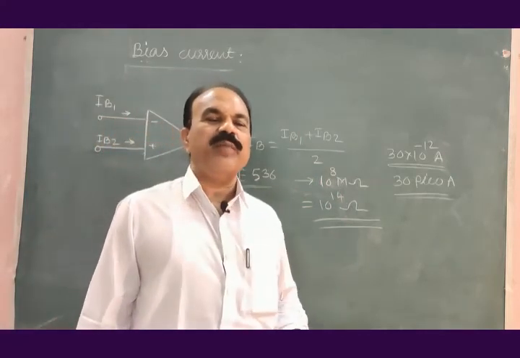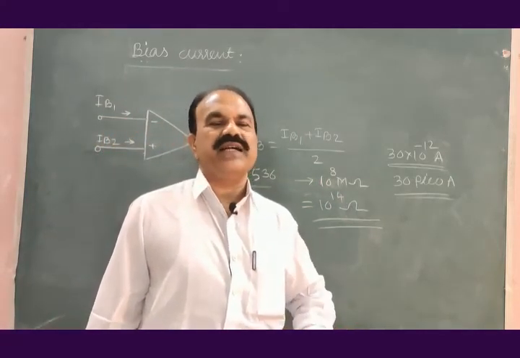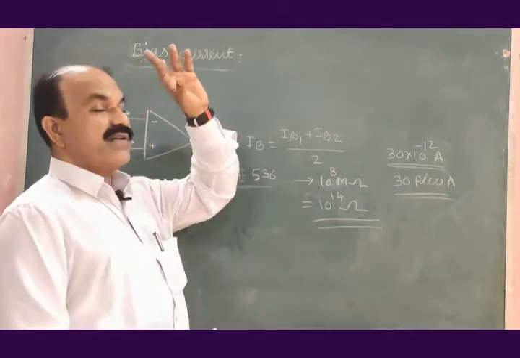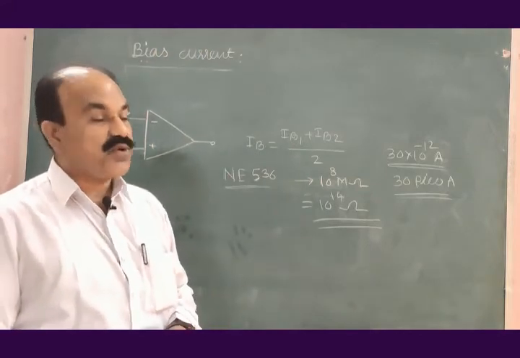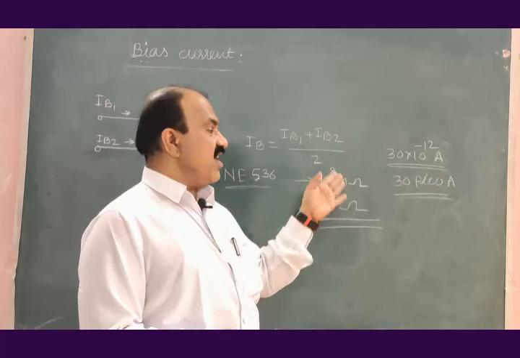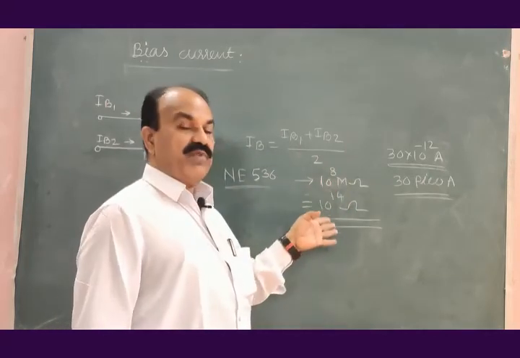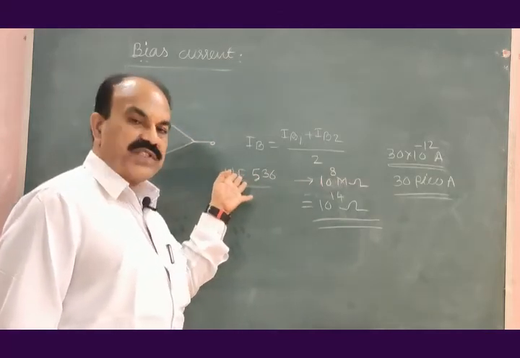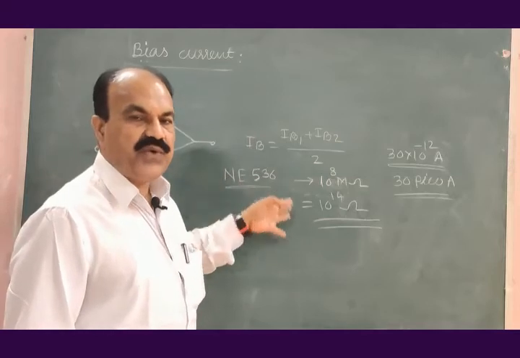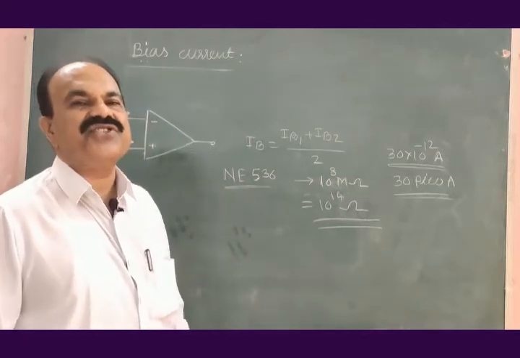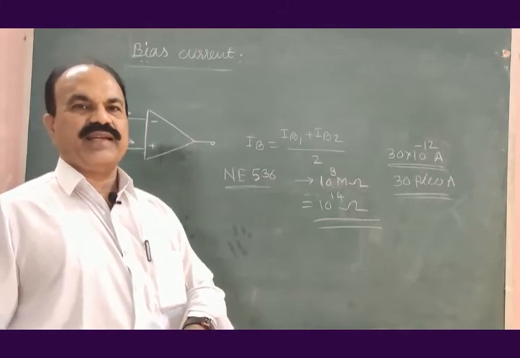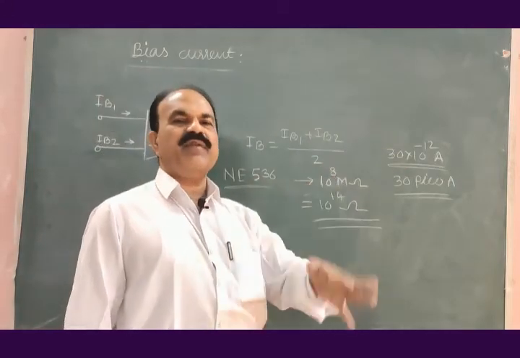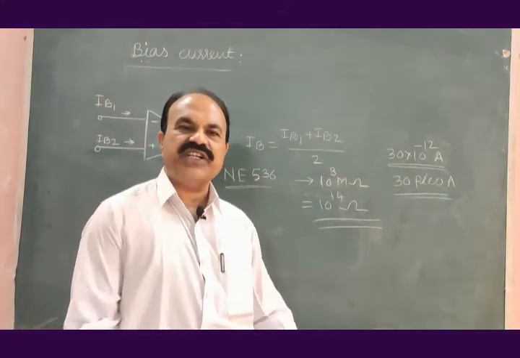These are preferred for almost all applications commercially, and therefore whenever we select an operational amplifier, its bias current should be very, very small. It is possible if its input impedance is very large, of this order. This is possible for this operational amplifier because it uses junction field effect transistors in the input stage, and therefore it is possible to have such large input impedance, and because of which the bias current will be of this very small value, just tending to 0.